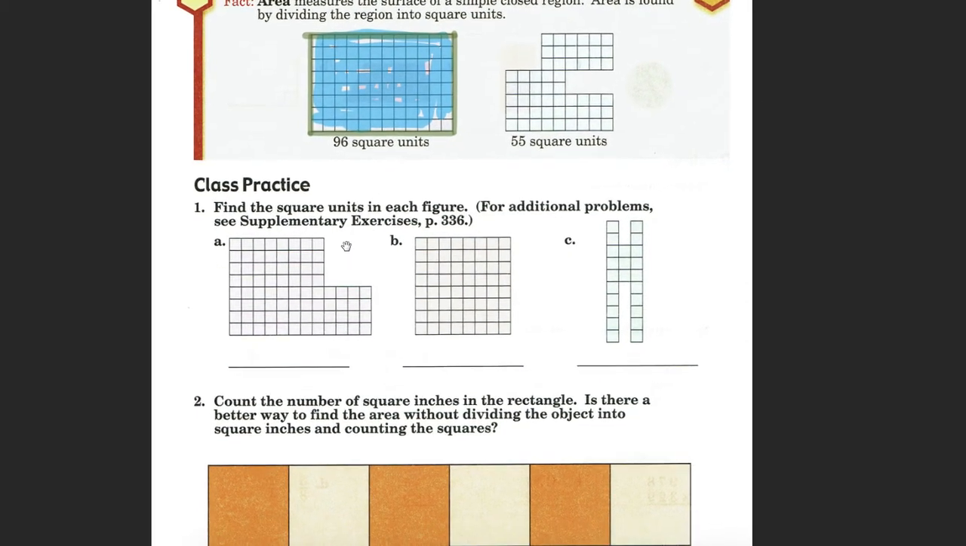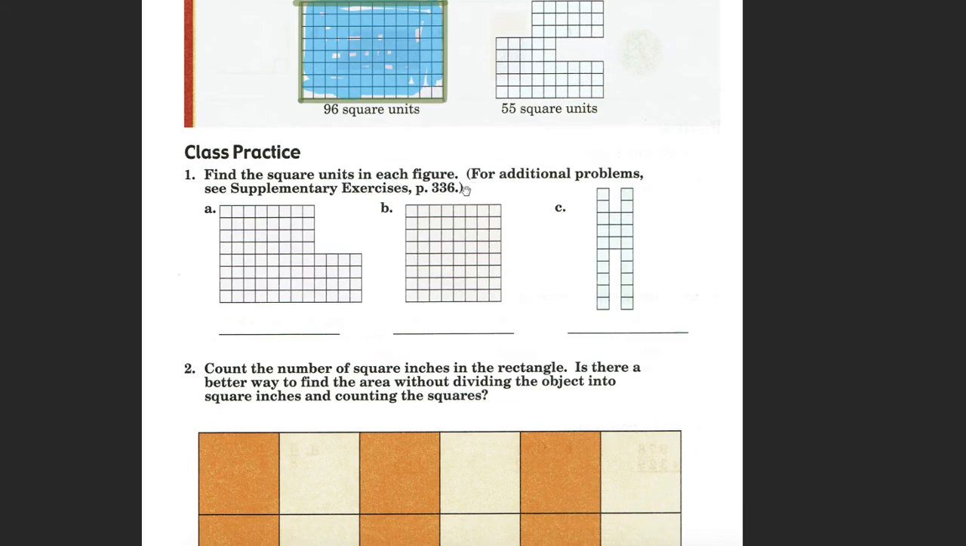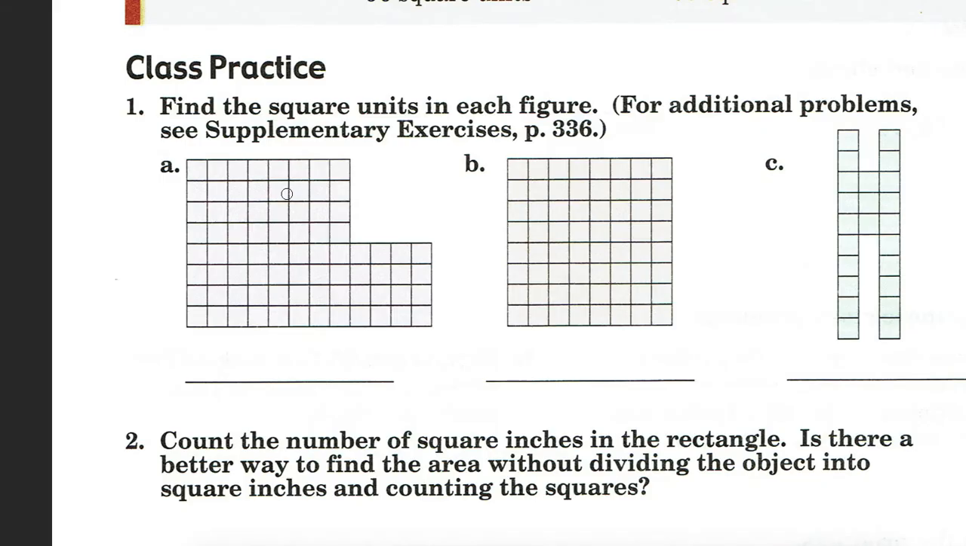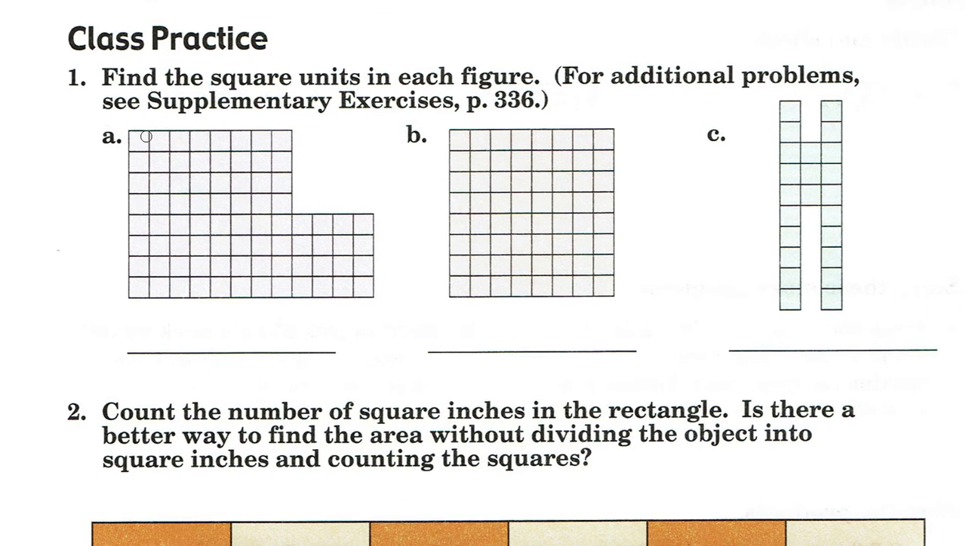All right, so find the square units in each figure. This is really easy. For these shapes, all we need to do is count them up. Count each square: 1, 2, 3, 4, 5, 6, 7, 8. It's pretty tedious, but count all these squares. Once you're done counting, you would write down your answer. In this case, you would get 80. So there are 80 squares here, so you would write 80 in square